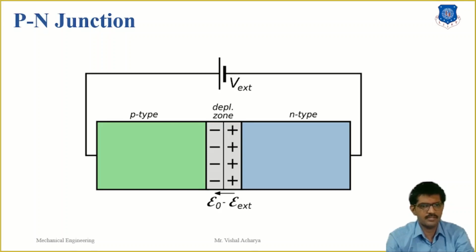For an explicit explanation of how this works, first consider charge movement. The joining of these two types of semiconductor results in a movement of charge carriers. As shown in the figure, the n-type semiconductor has a higher concentration of negative charge carriers, like electrons, and conversely the p-type semiconductor has a high concentration of positive charge carriers, electron holes. As a result of the difference in concentration, electrons diffuse from the n side to the p side, and holes diffuse in the opposite direction.